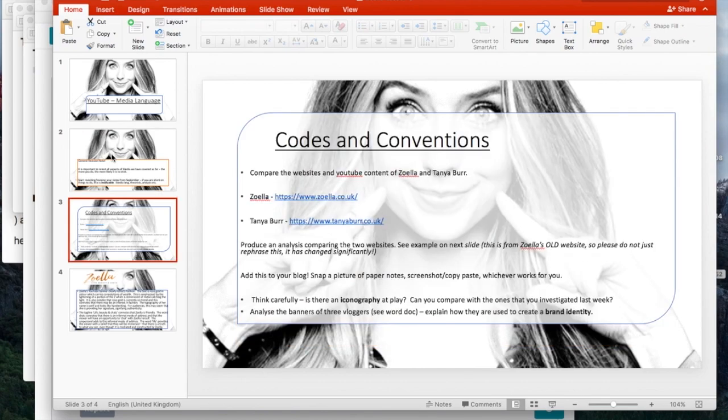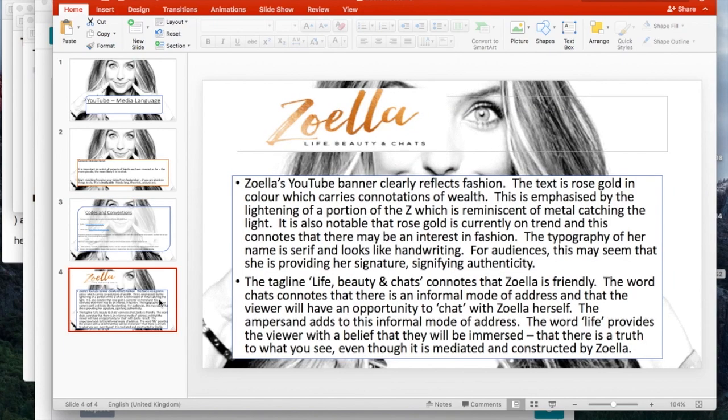I'd like you to go through Zoella's website and Tanya Burr's website and do a comparison. So I've given you an example in a moment. That's from Zoella's old website. She's updated it significantly since then. So it says produce an analysis comparing the two websites. See example on next slide. This is from her old website. Please don't just rephrase it because her website is completely different. Okay? And again, you're thinking about iconography, you're thinking about brand identity, you're thinking about who she is, not just